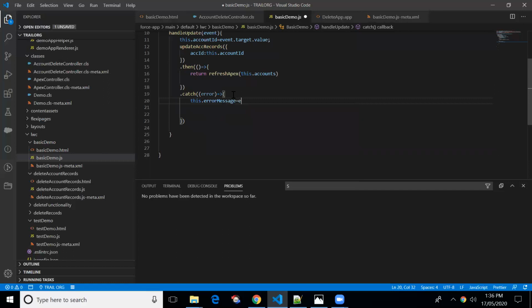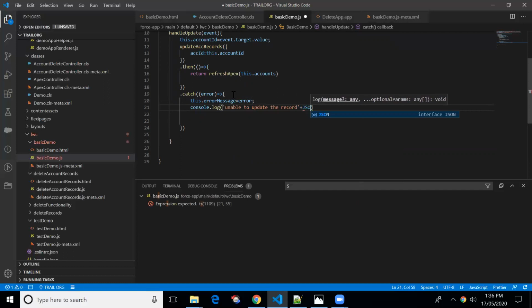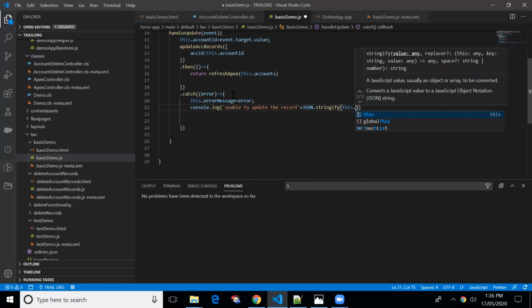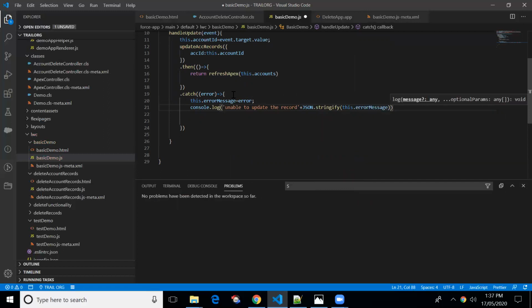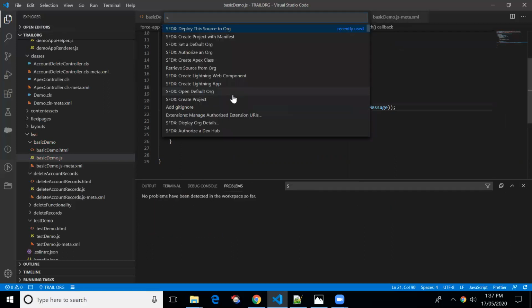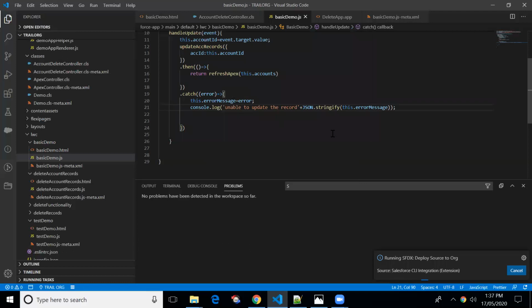Let me put console.log, unable to update the record. I'm putting JSON.stringify, because if you don't, it will come in object format. The error message will be present in the error message variable. So let me push this code to the source org. Let me deploy this code to the source org.